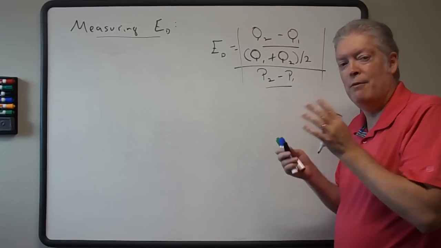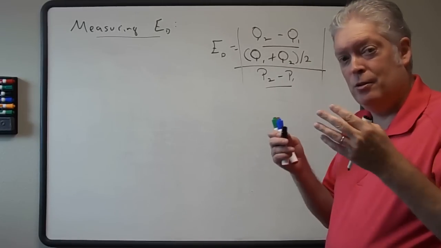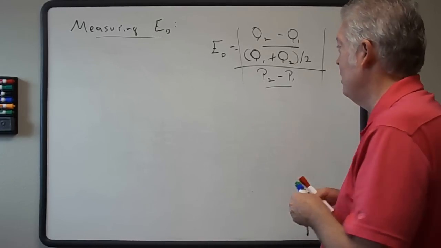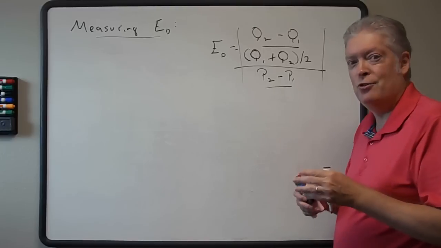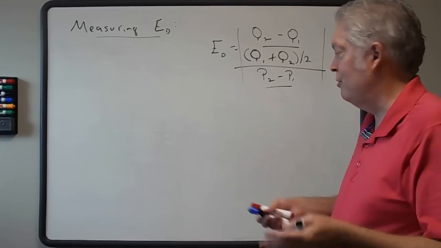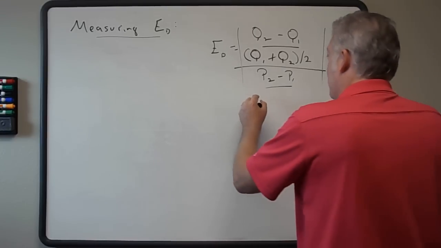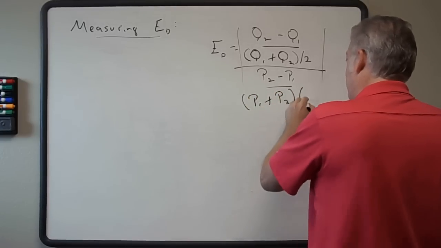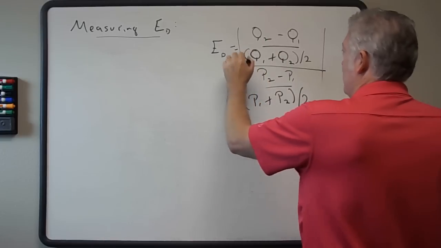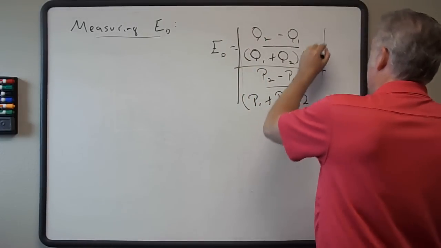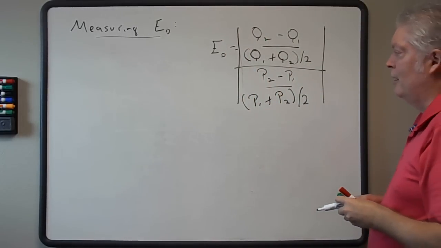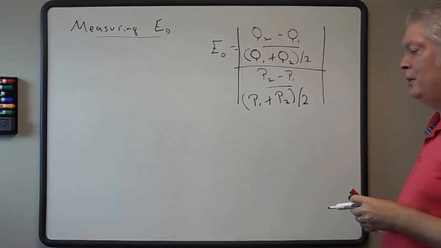Because what is an average value of anything? It's two things added up divided by 2, or any two objects. What's the average value? I can take my age plus your age together, divided by 2, and we have an average age. Okay? And the same goes down here with the price variable. P1 plus P2, quantity divided by 2. And then again, the same absolute value expression, because we're going to have a negative value if the good obeys the law of demand. And if the good does obey the law of demand, then we know that we're going to have